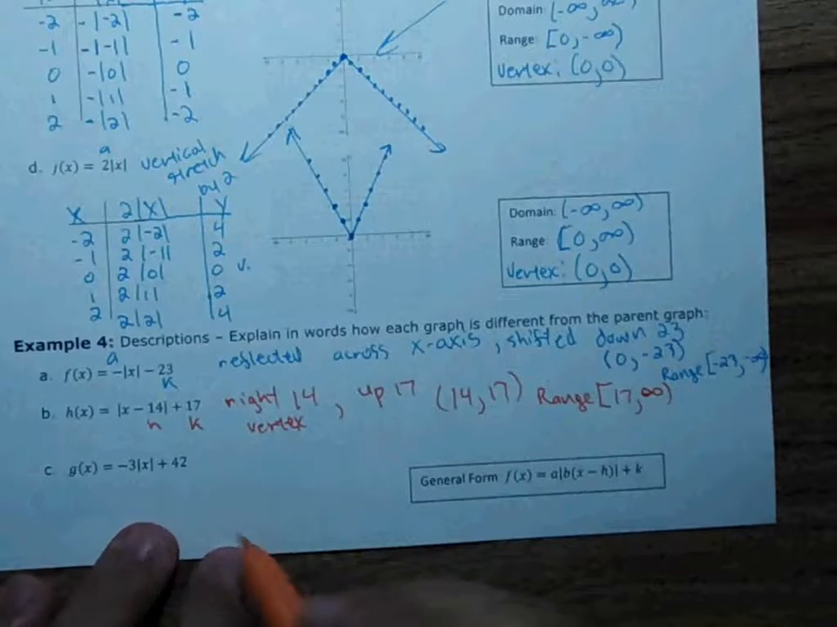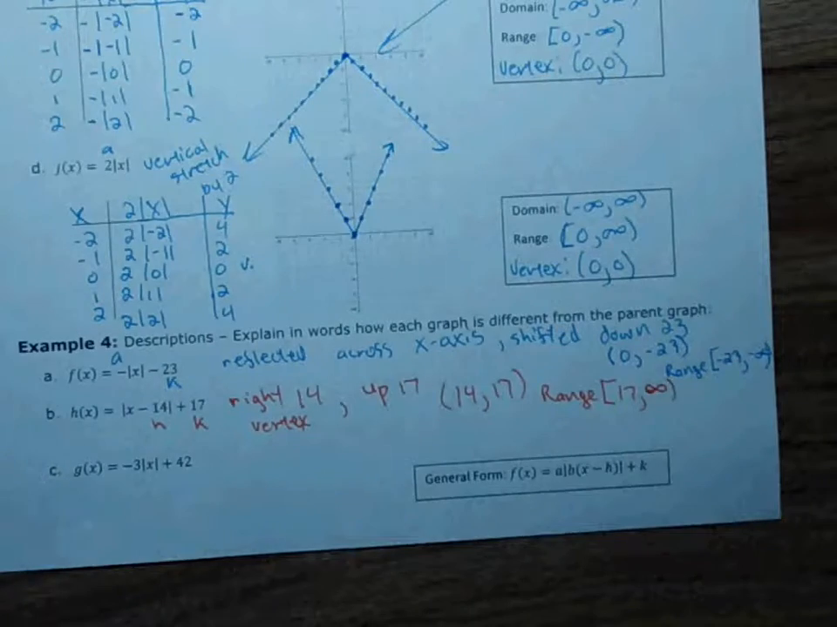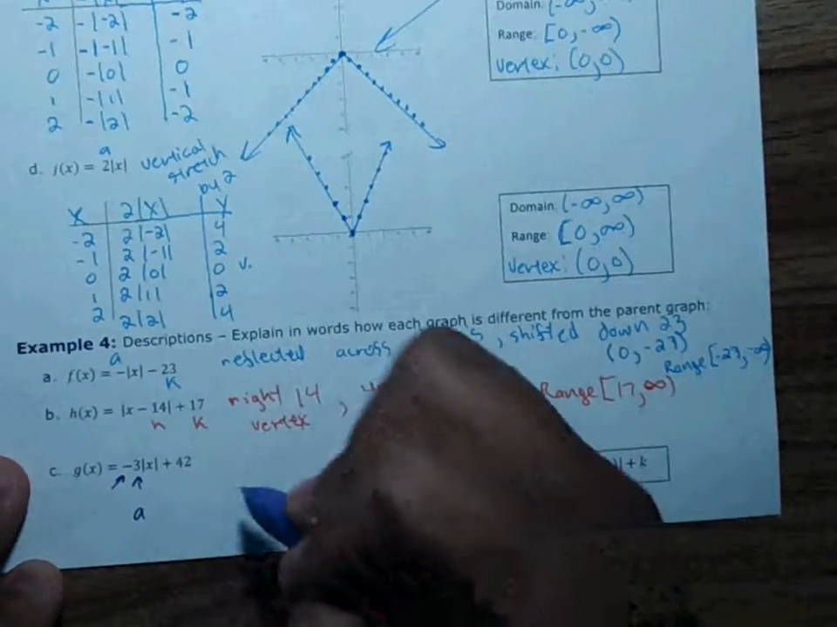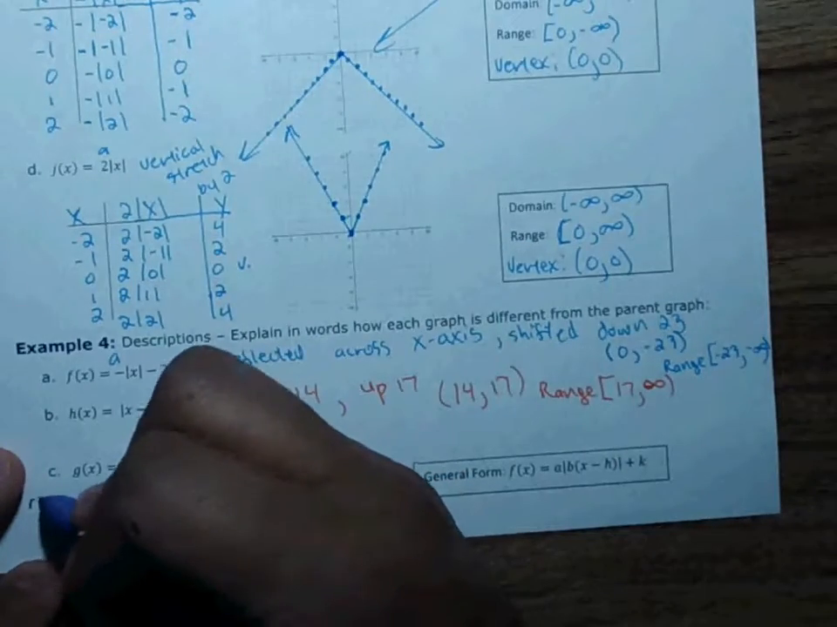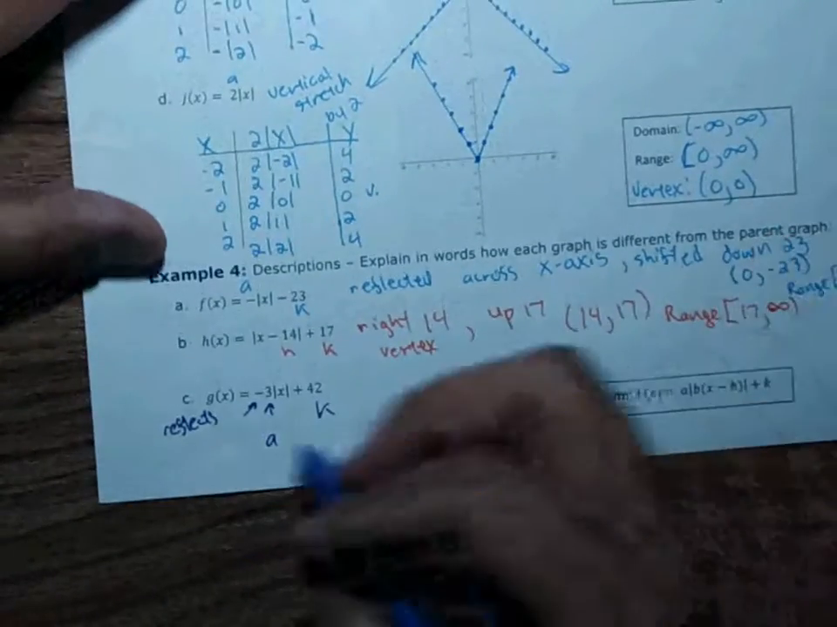And then if we look at example C, this negative in the front applies to my A. The 3 is my A, and this is a K. So the negative in the front reflects it. Move it up a little bit. Across